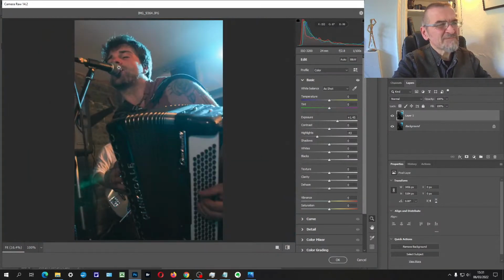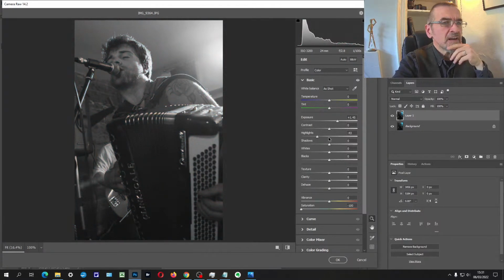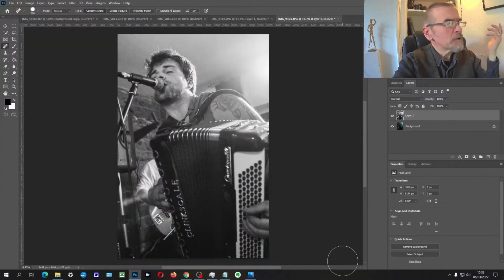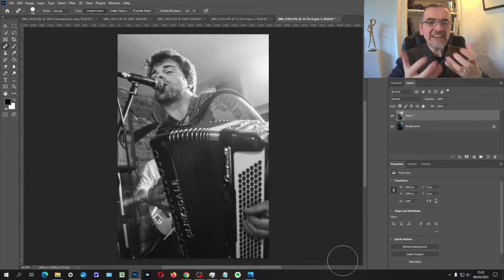The colour's a bit naff as well, so again, go to desaturate, play with the contrast a little bit, maybe even up the exposure a little bit more on that. It could be kind of fun. Play with the clarity, take the highlights down a fraction, and now we have again a perfectly acceptable band photo. So that band playing live in your local bar: